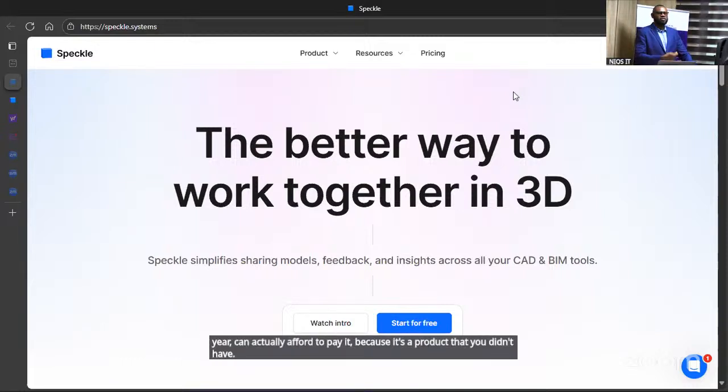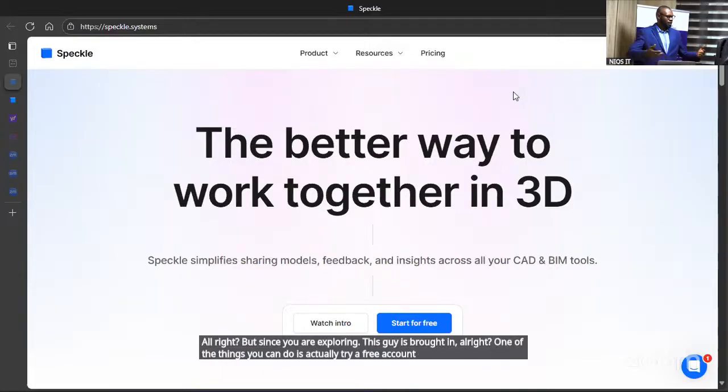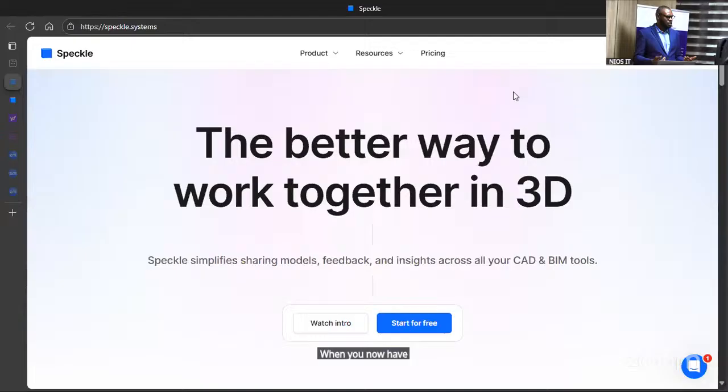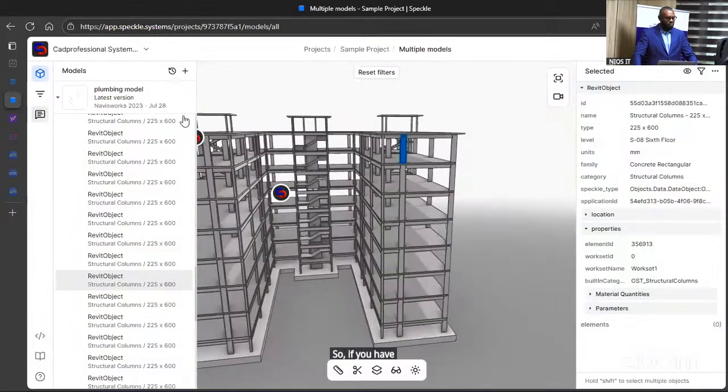All right. But since you are exploring, one of the things you can do is actually try a free account on them. When you now have a project, you have gotten the basics and understanding, and you can use it and demonstrate your project. So if you have your account on that, it will give you these aspects. You'll be able to create an account